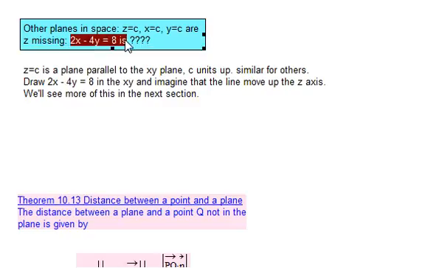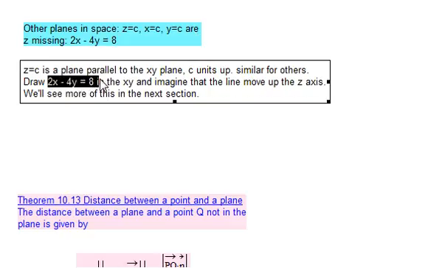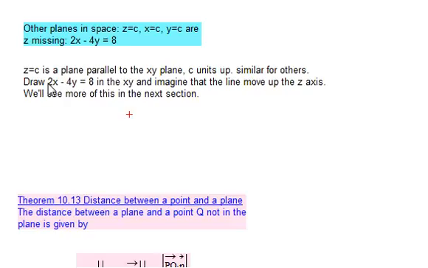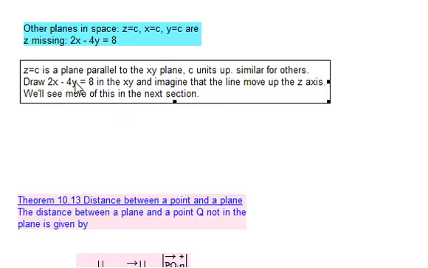If you have something missing, like there's no z in this particular equation, so what would that be, right? Well, if you could draw this equation in the xy plane and then project that out along the z-axis, you will create a plane that never intersects the z-axis. If you think about it, if it intersected the z-axis, then you could put x and y both to 0 and solve the equation. Let's see where it intersects the z-axis, but then you would get 0 equals 8, and